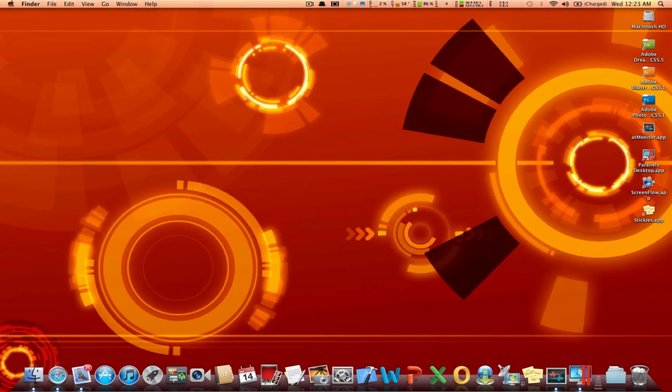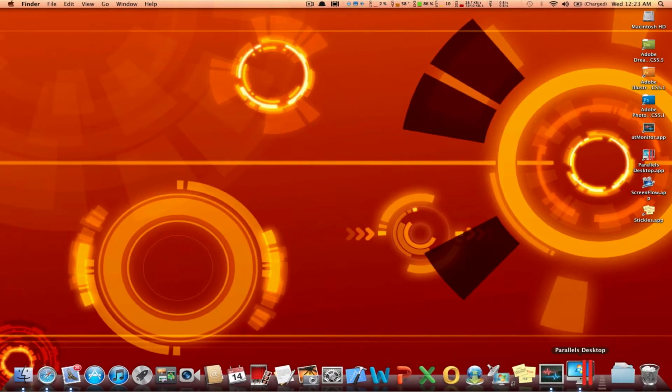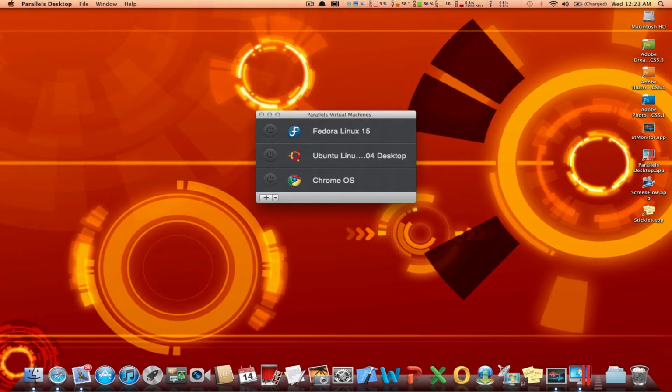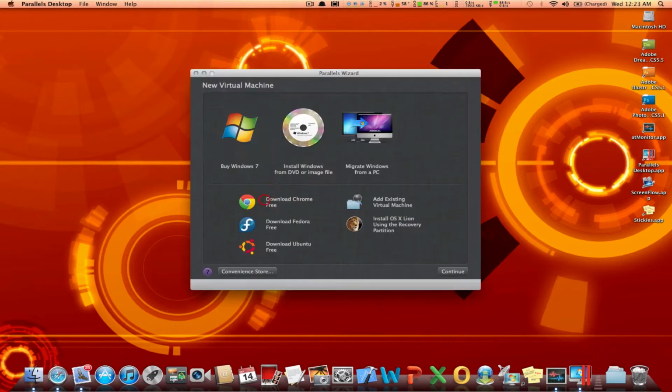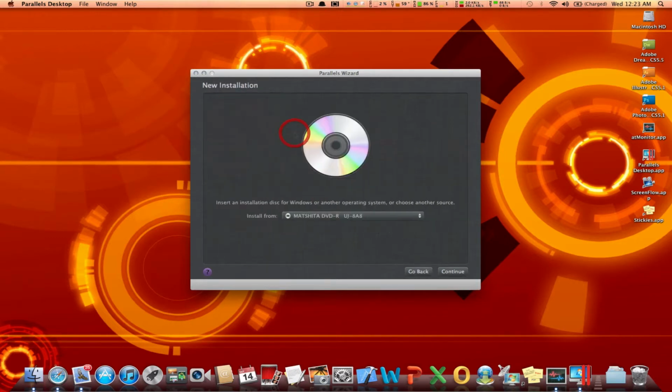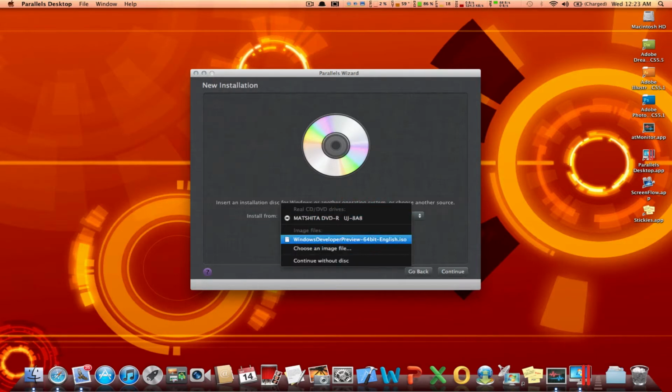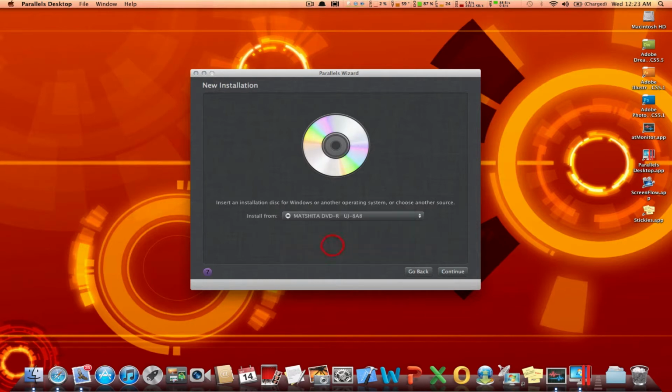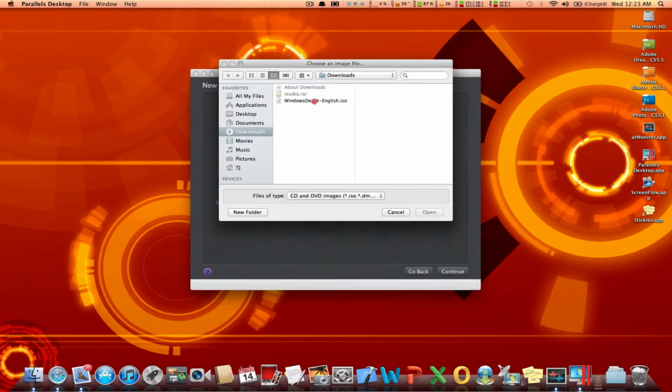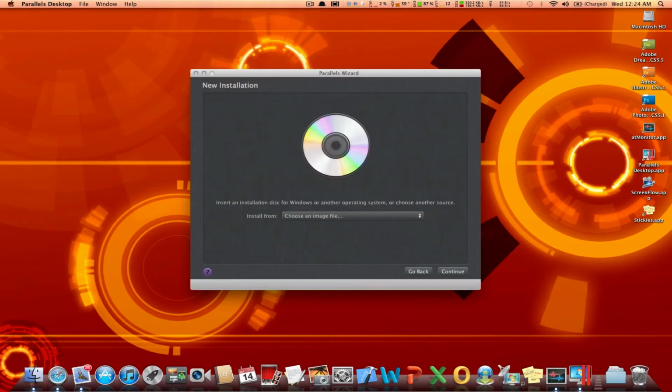So after you've got your image downloaded, you're going to want to fire Parallels up. Click on your add key, and then you'll select Install Windows from a DVD or image. Click there, and then from here you're going to select image. Now it's already showing the image file because I installed this once before. Otherwise you would just click on choose, go to your image, hit open, and it'll have it in there. You'll hit continue,